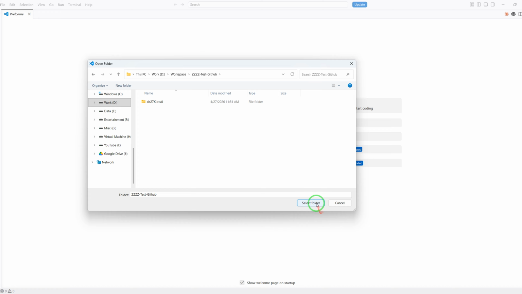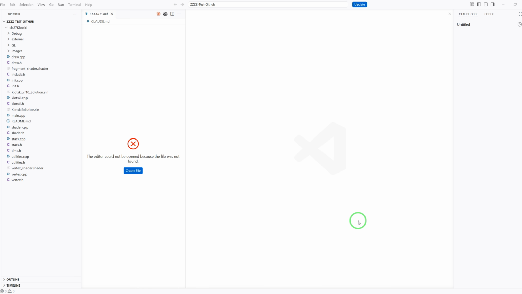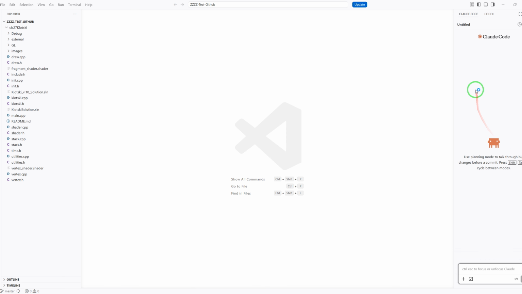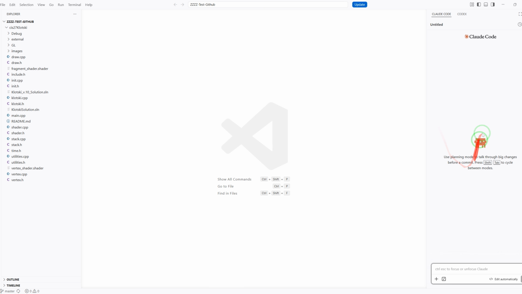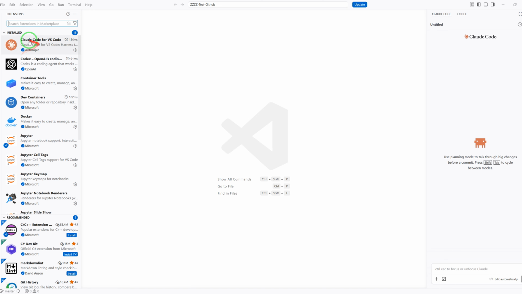Let's open this folder, select folder. Let's close this, and then let's say you have not logged into your Claude Code after installing the extension here, Claude Code,